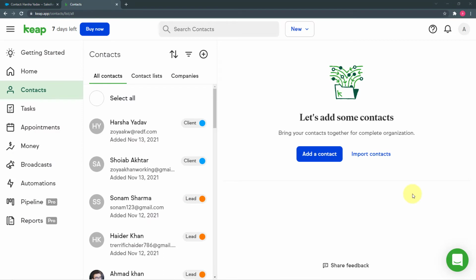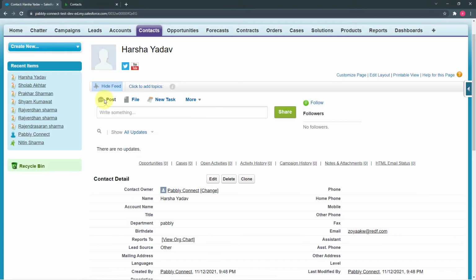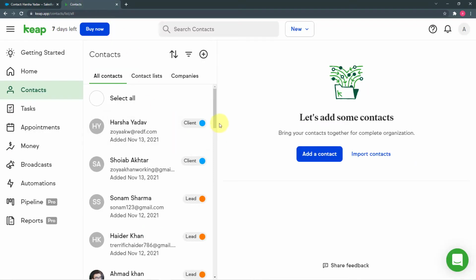So guys, it might look like a simple task now, but if you are receiving the details of hundreds of leads on a daily basis, then adding those leads first in Keep application, then copy pasting the data here in Salesforce again to create contacts, can consume a lot of your time and energy. So this automation is going to help you a lot. If you automate this process, it will save your time and energy. So you can also make this automation, and let me give you the easiest possible steps by which you can also make this connection between Keep application and Salesforce.